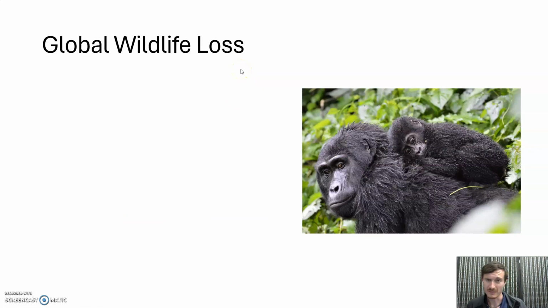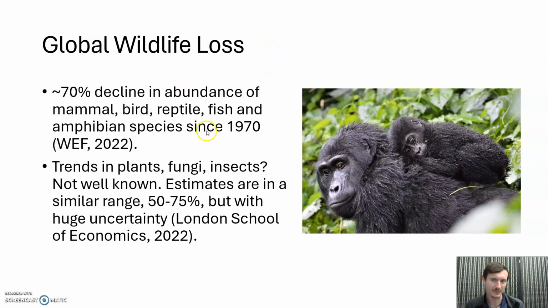Okay, so real quick here. We will do this in much more detail in a unit on biodiversity, which comes not too far into the course. But I just wanted to put this here to illustrate this idea of survivorship bias and global wildlife loss. So loss of biodiversity, loss of wildlife is really bad. And if we apply the survivorship bias concept, we realize that because we cannot evaluate what is lost and you don't know what is lost, it puts you in a really bad position.